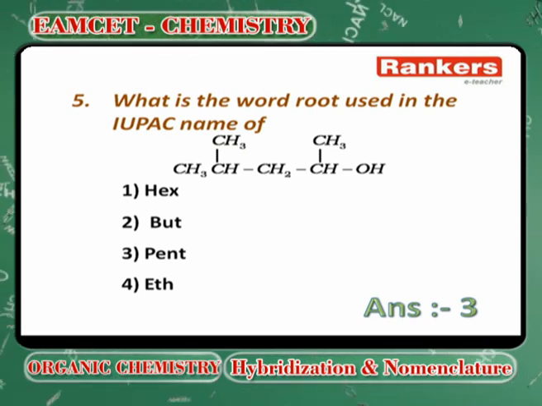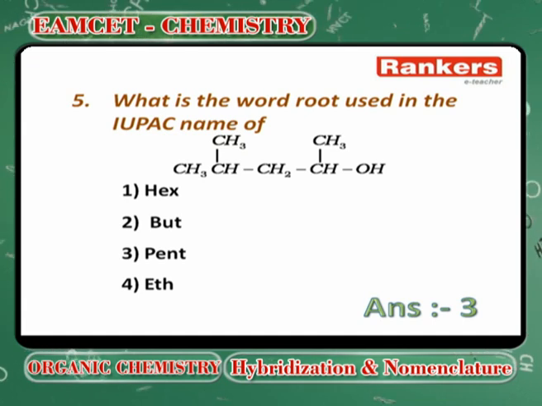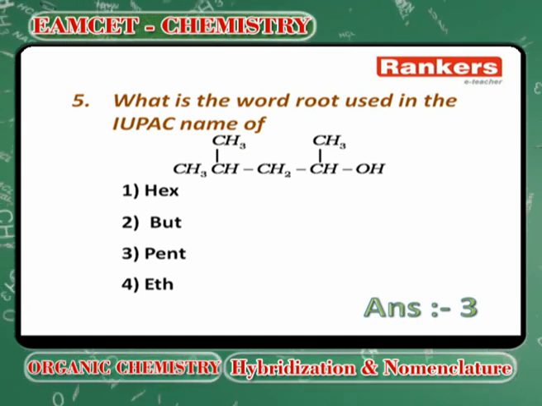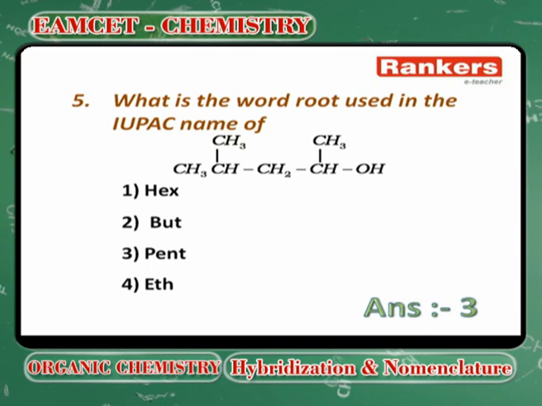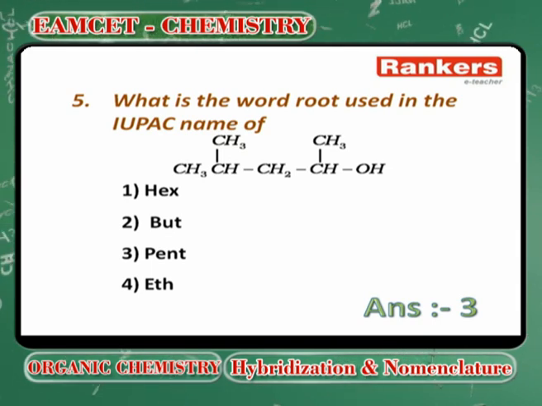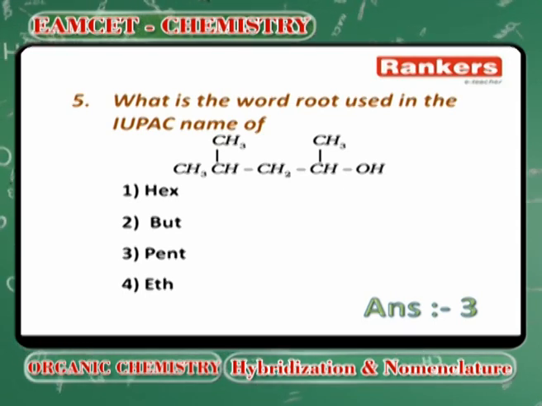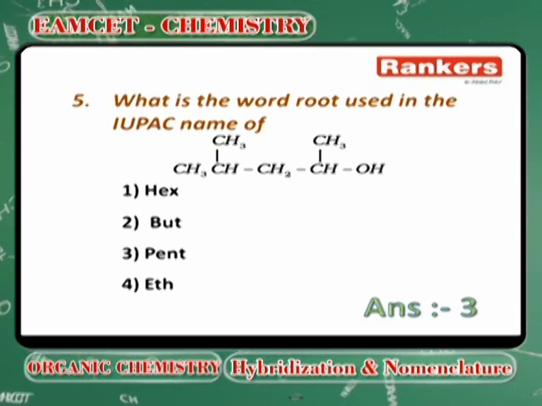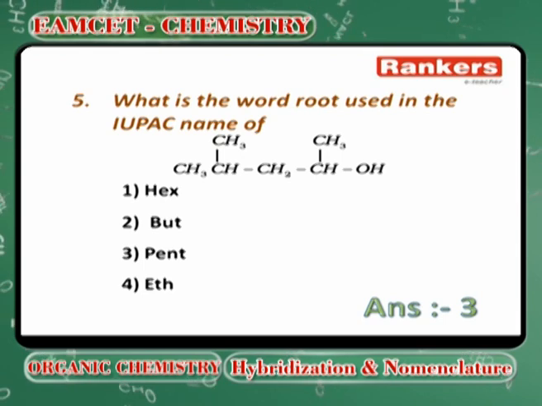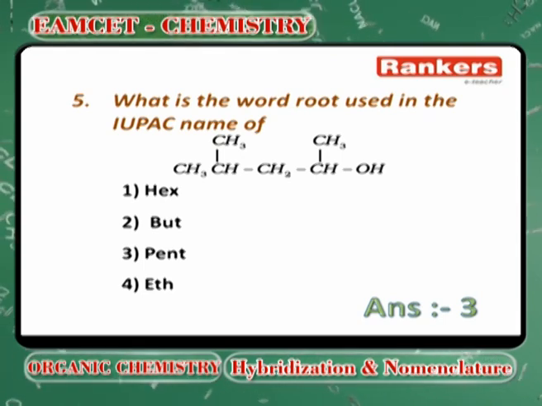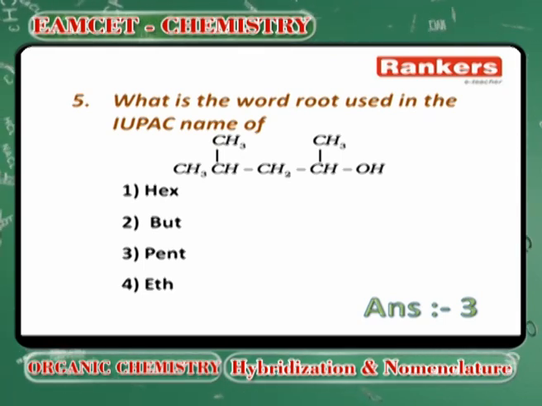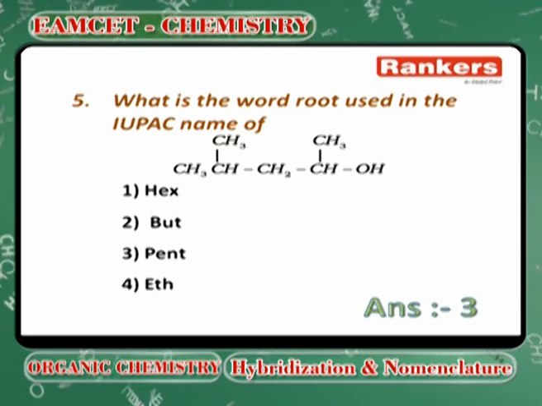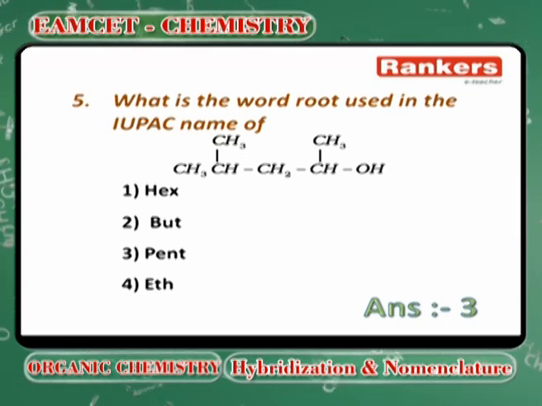In this compound, actually the OH, if you take the straight carbons, only 4 carbons are there, which is misleading. So, people may go for but, but actually the longest chain which has the OH also included is a pent. So, therefore, the answer goes to the 3. It is a 2-pentanol containing the 4-methyl. 4-methyl-2-pentanol is the right answer actually. Next,